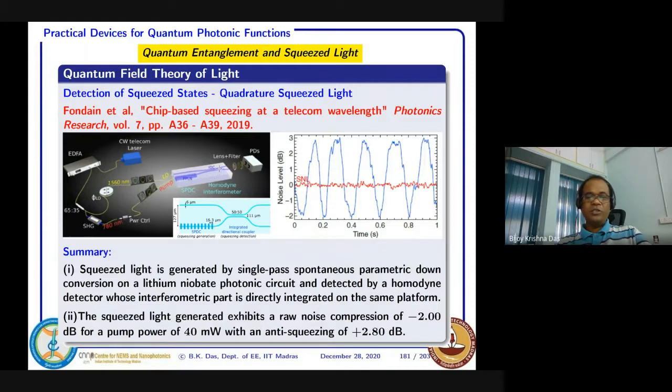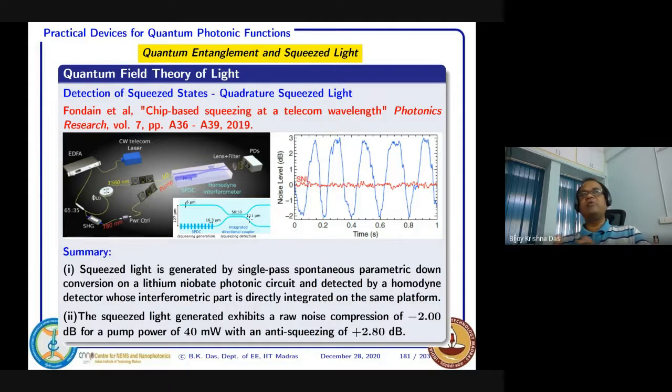Now on chip, instead of external beam splitter, you are combining this local oscillator and squeezed light with a normal integrated optical directional coupler. It is shown as IDC. So this is 50-50 beam combiner. This is the top view it is shown of this structure basically. So how is the waveguide? Normally waveguide dimension is 6 micrometer, and this is a periodically poled thing where squeezing will be there and local oscillator coming here, and you are combining.